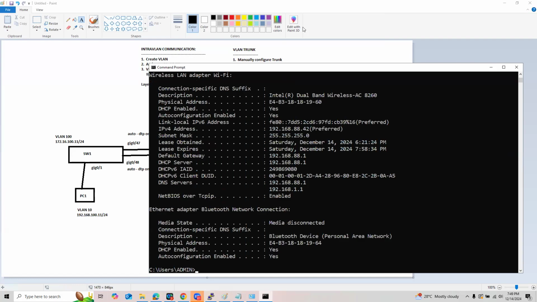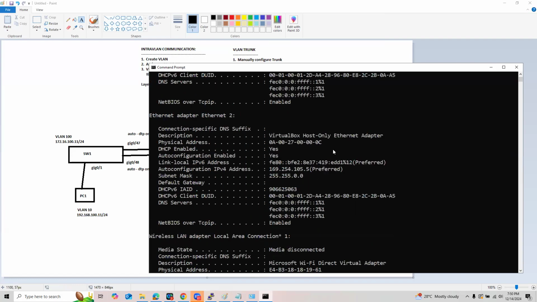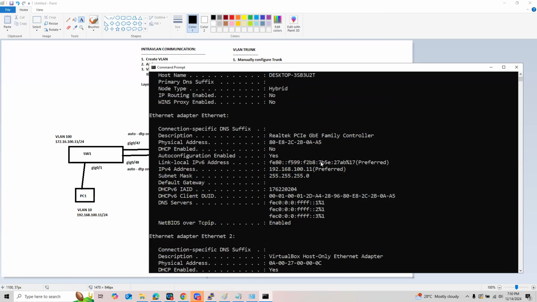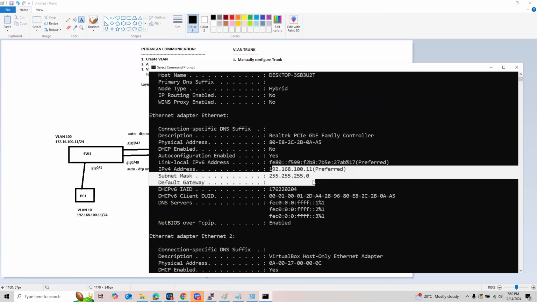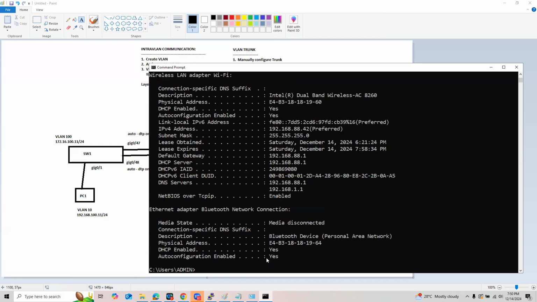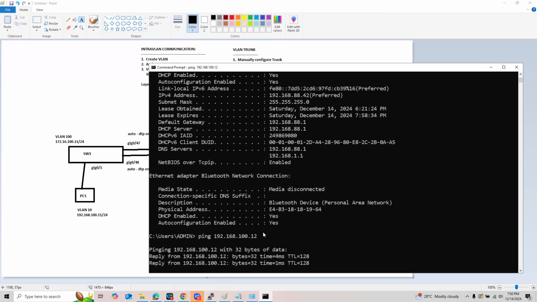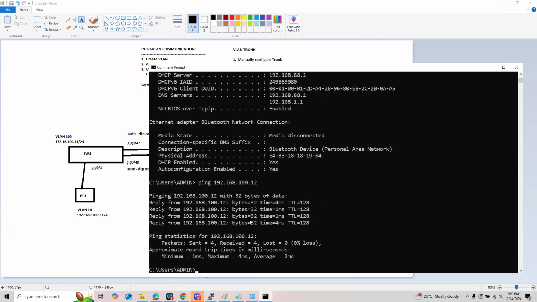My physical port is connected, and that's my IP there. So I should now be able to ping 192.168.100.12, the IP address of the other PC. As you can see, I have connectivity there.